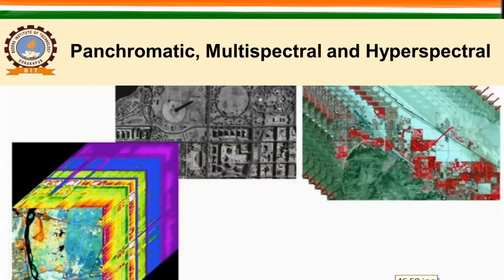Hyperspectral remote sensing data has hundreds or thousands of bands which are continuous in nature. So what do you mean by continuous? Here from 0.4 to 0.7 micrometer, let us take this example. This is the first band, the second band, and then the third band. Here you will have more, so like that you will have a larger number of bands, and these are uniform; the bandwidth will be uniform.